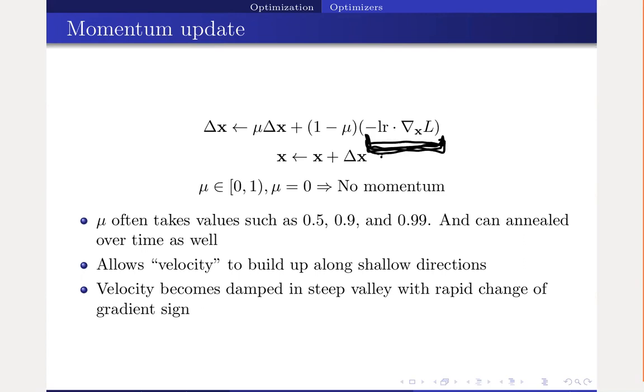The moving average will be computed from the previous accumulated values, this total accumulated delta x, let's say. Then each time I will not have delta x exactly equal to this guy, but it will be a weighted sum of the previous delta x and the update right here. Right? So if I have mu,